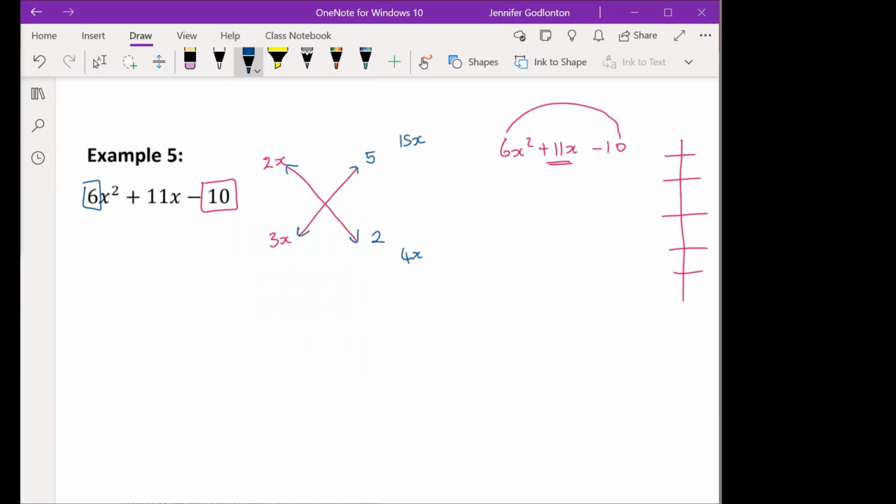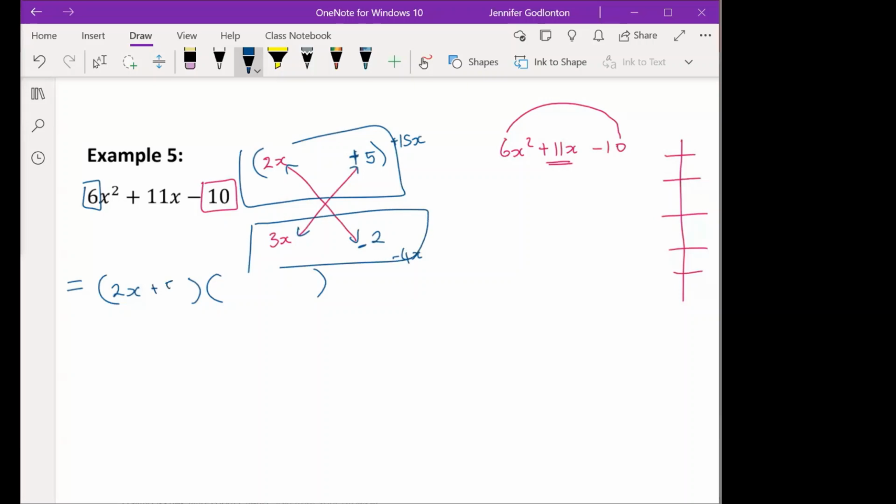So which one of those is going to be positive and which one's going to be negative? The positive is going to be the 15. Good, so we want that to be positive and we want that to be negative. Beautiful, so what do my brackets look like? The brackets, ma'am, we're going to open the brackets and say 2x minus 2. No, you were so right. This is all right so far. Oh, 2x plus 5, sorry. There we go. 3x minus 2. Good. That was beautiful. Well done. Okay, excellent, excellent. That was so good.